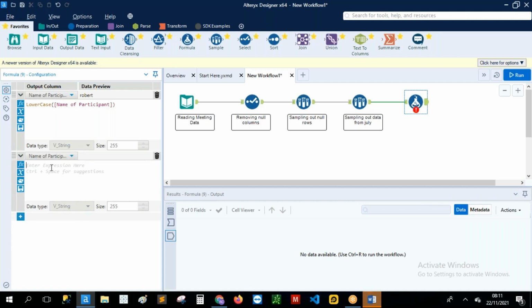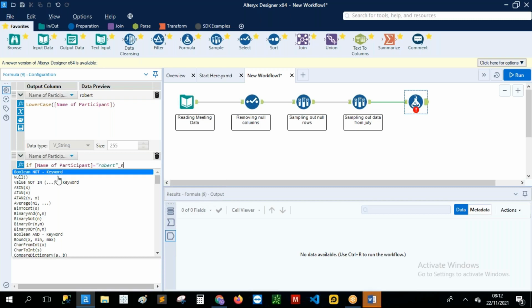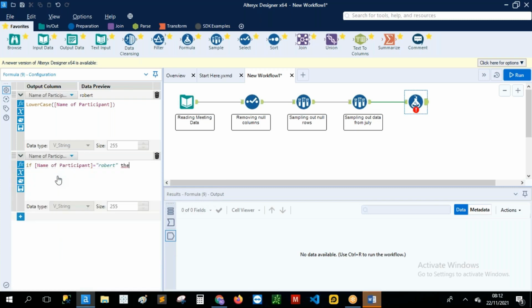I'm going to use a formula: if name of participant, say maybe let me start with Robert, is Robert, then give it as Robert Edemis. I want to introduce the second name. So then Robert Edemis, else